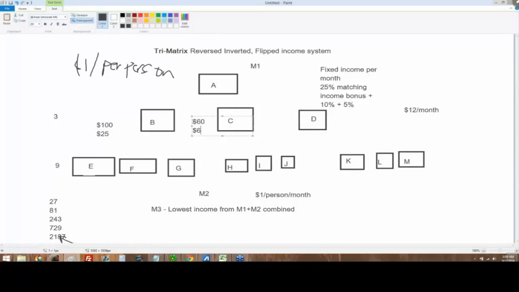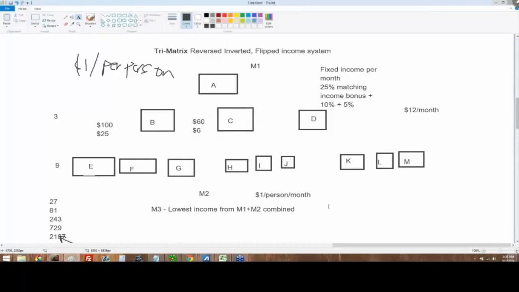And the way this is set up, because of these 3 matrices and everybody being flipped around like that, everybody in the company makes at least something. Everybody in the company is going to make at least something. All right? I would love to show you a spreadsheet right now. It was kind of unplanned, so I don't have my spreadsheet open.